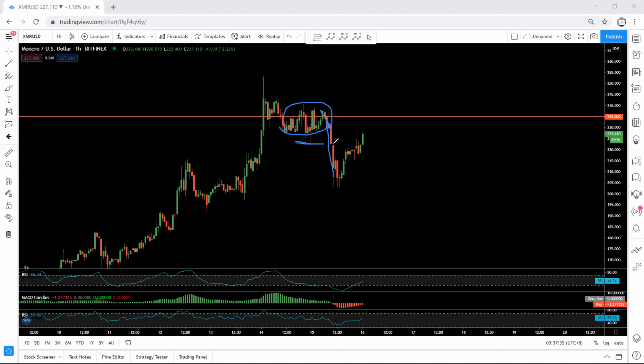Let the price break this low, then after the breakout, if we see any trade setup, we can look for a buy. And the other option was to have an entry above this within this range. Okay, now